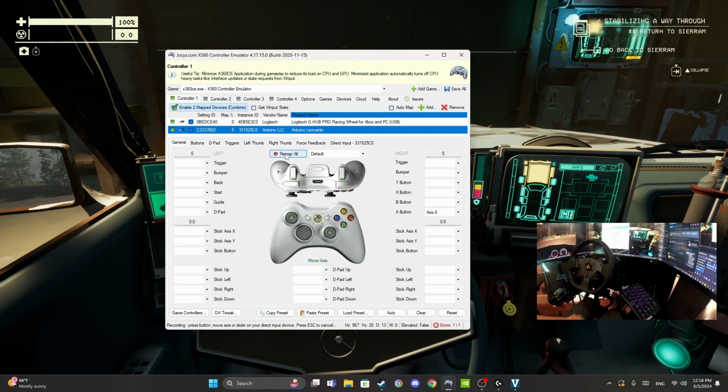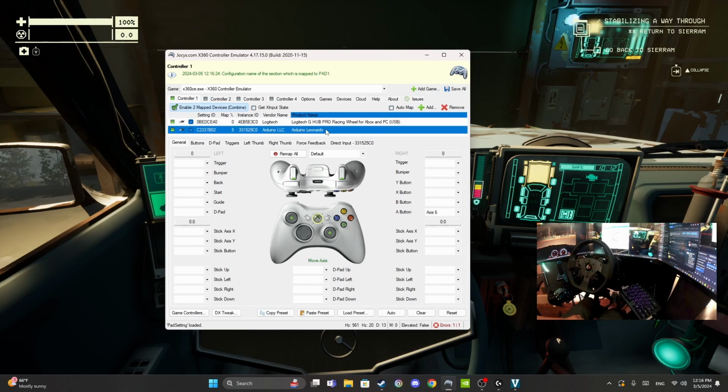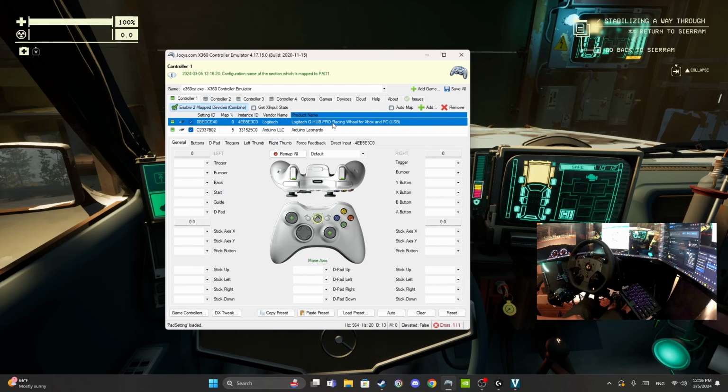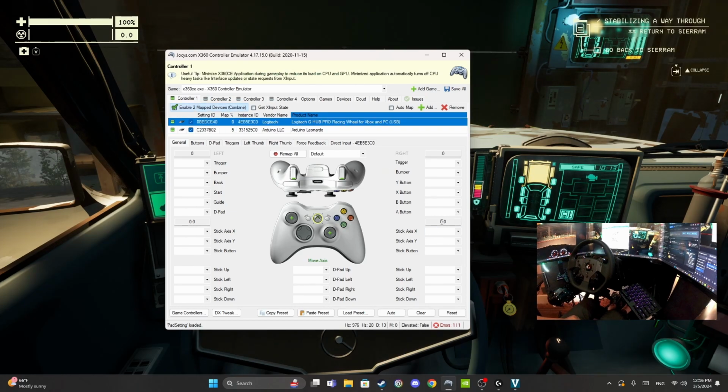Okay, it's not recognizing my controller. Maybe it's not enabled. That's different. Oh, right. Make sure you click the specific device that you're trying to map. Because I only have one button for the handbrake, this is the one button I'm using. So going back to the wheel,